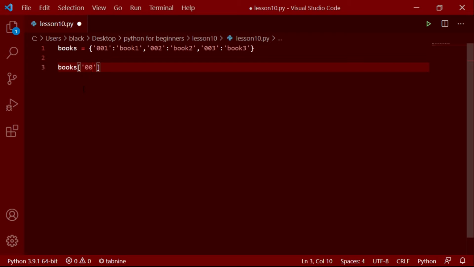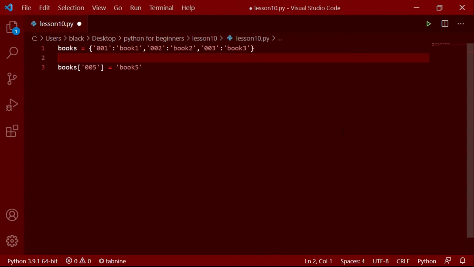Here I'll add 005, and after that equals book 5, and this will add this key and value pair to this books dictionary.